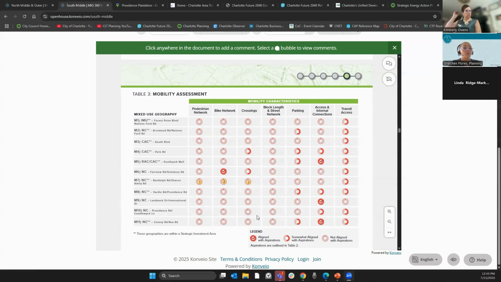And so, what this table would help us understand is, for example, along South Boulevard in this area, how does that measure against all of these sort of mobility characters? So is it pedestrian friendly? Is there a bike network? How are the crossings in this area?